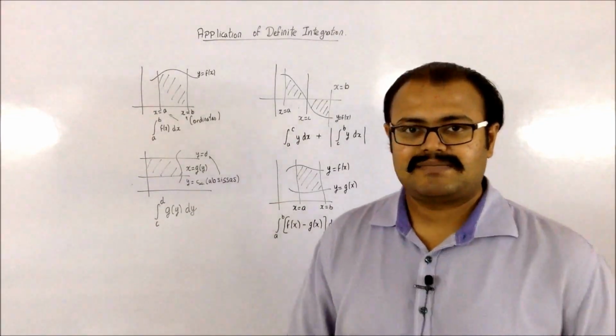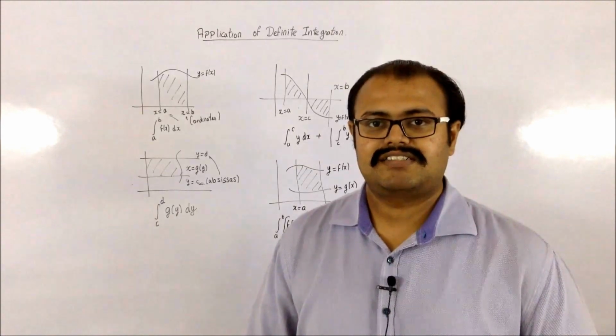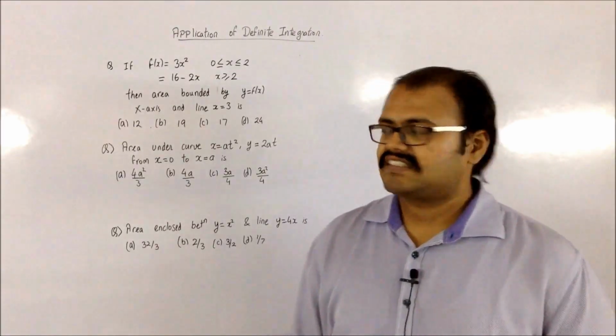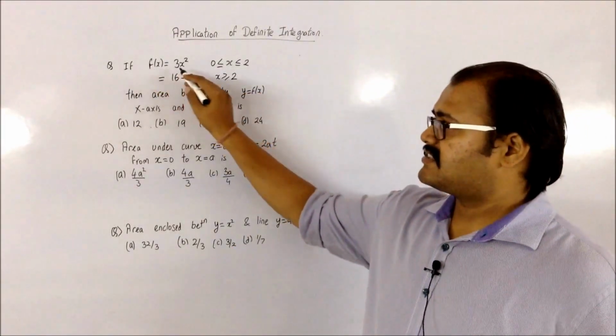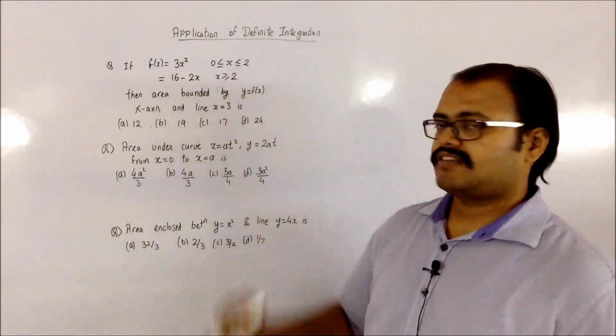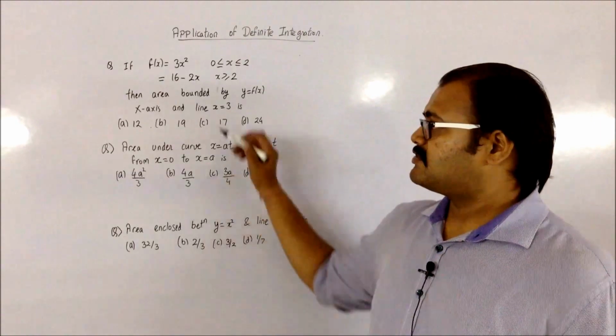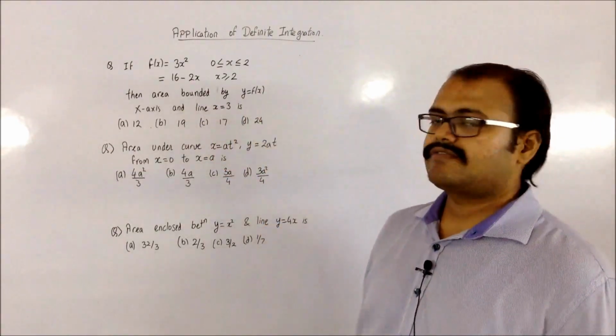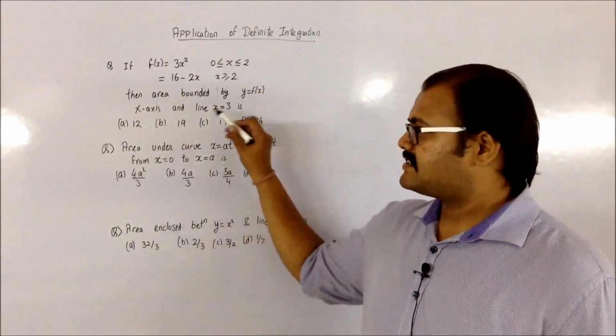So let us see some sums which will be based on this particular topic. So let's look at the first question. They have given me function f of x is equal to 3x² for 0 to 2 and this one for x greater than 2. I have to find the area bounded by y is equal to f of x, x-axis and